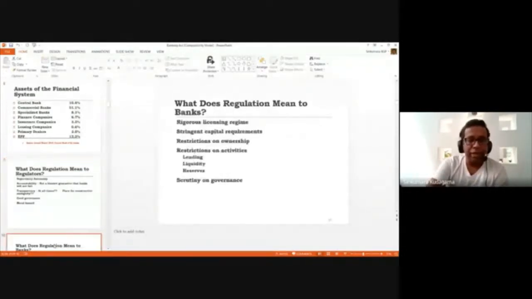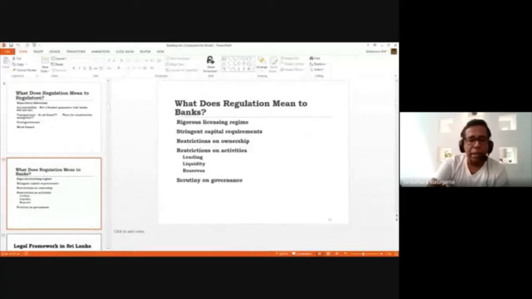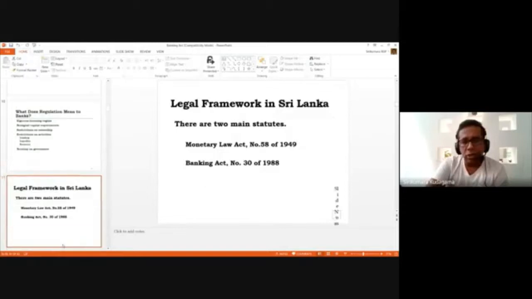Having said that, what does regulation mean to banks? Banks might think that they are licensing us, they have stringent capital requirements, they are imposing restrictions on ownership. All the activities are subject to restrictions. Your lending, liquidity position, reserves, and they scrutinize the operations of the bank from a governance perspective. All these things are there from the perspective of the regulated entities. In doing so,